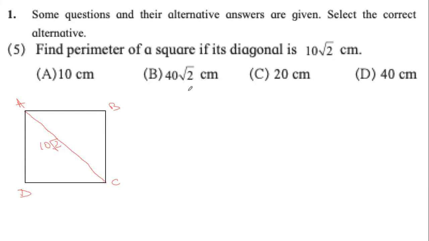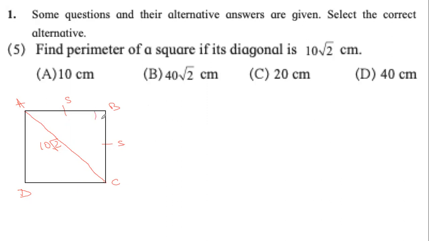A square is a parallelogram. A square is a rectangle. A square is kind of the perfect parallelogram which has all the four angles congruent, 90 degrees, and all the four sides congruent. So we know that AB will be equal to BC. We can also say that both are of length S and the other two sides also. Square is so perfect that its diagonals are also congruent. They bisect each other and they are perpendicular to each other. Perfect quadrilateral.